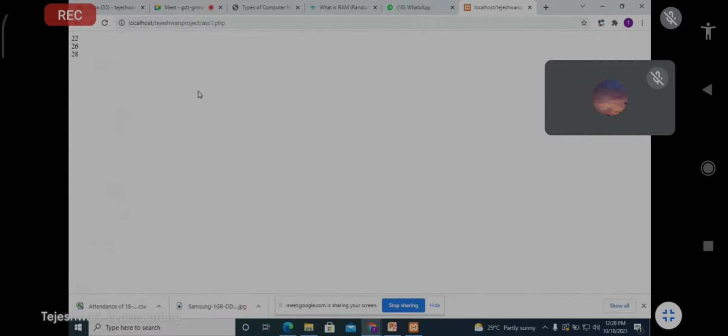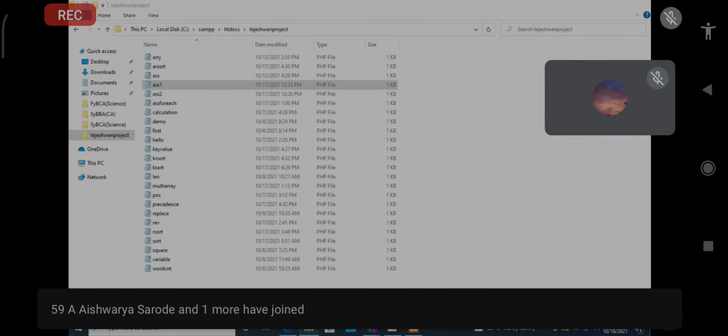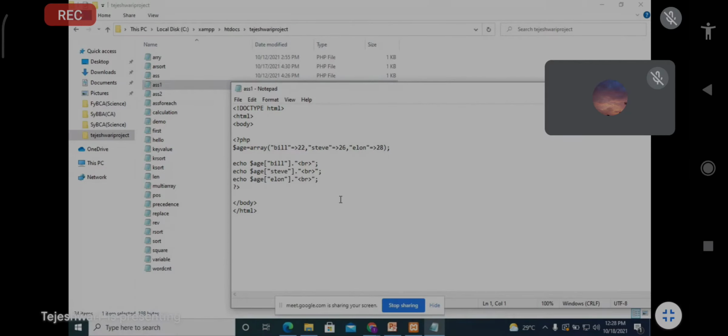22, 26 and 28. So we just want to print the particular values of Bill, Steve and Elon.